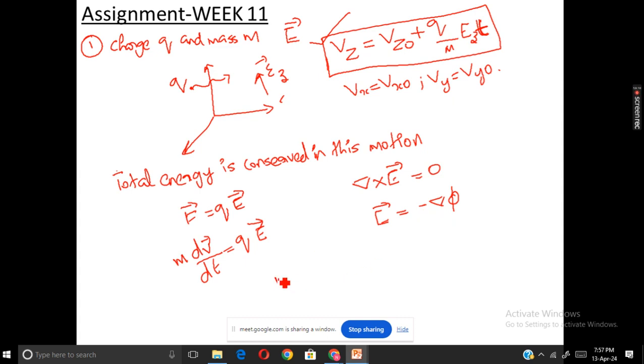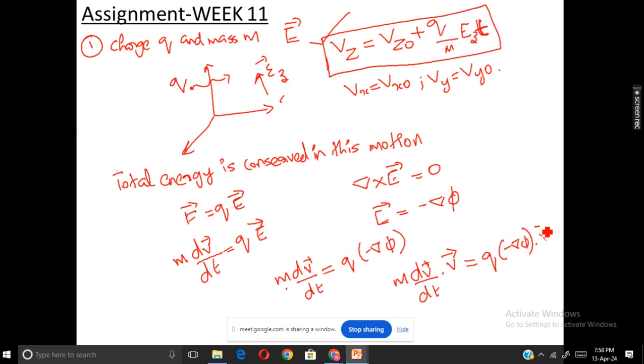So m dV by dt can be written as Q into minus del phi. If we take a dot product of V on both sides, then it becomes m dV by dt dot V is equal to Q into minus del phi dot V,